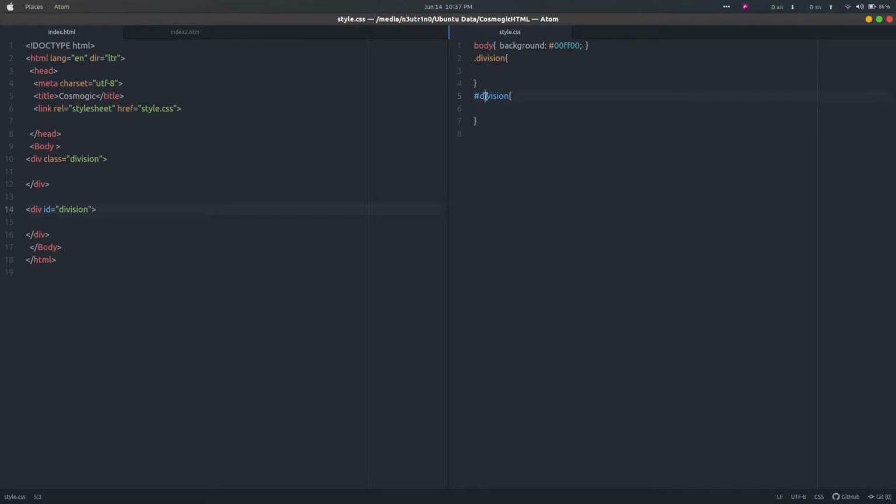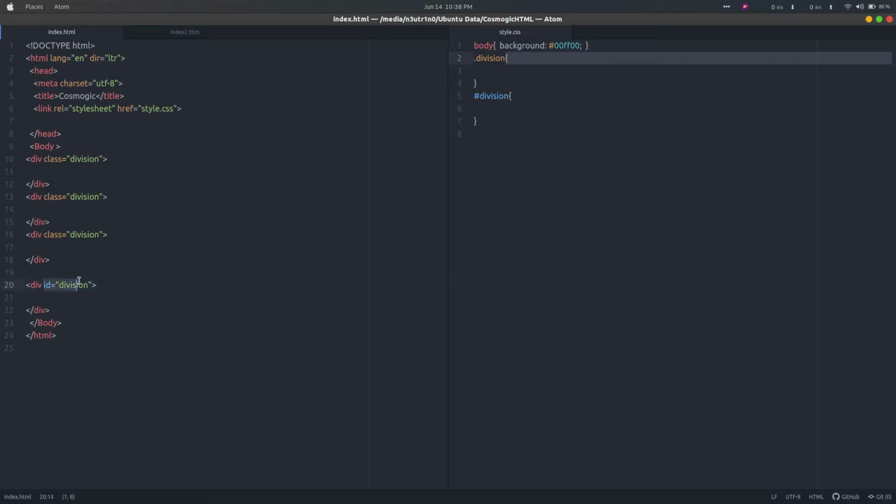You might think that if both have the same name, then the property will also be the same. No, this class selector and this ID selector are different things. So what is the main difference between them? A class can be used in multiple divisions or multiple elements. I can give this class to multiple elements, but an ID can't be given to multiple things.